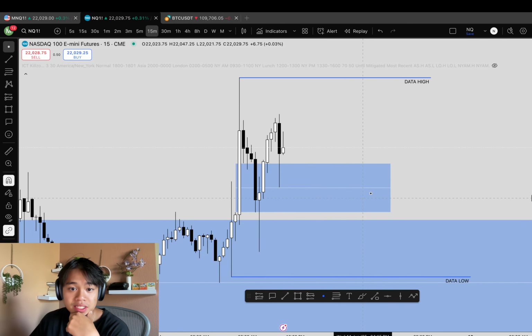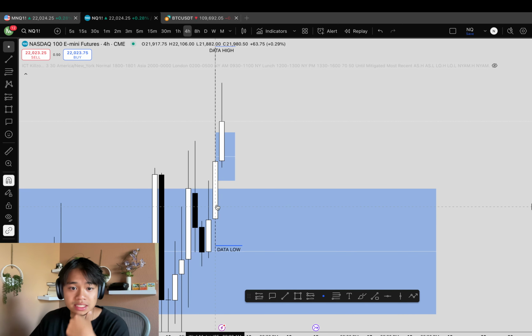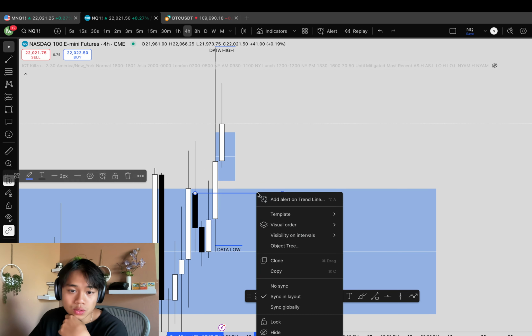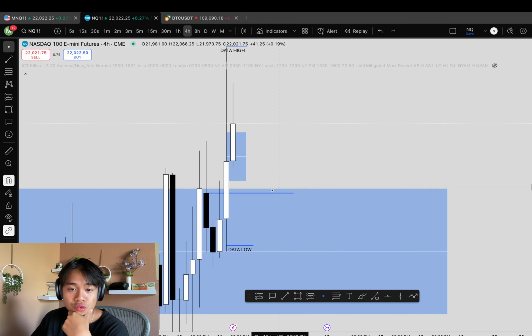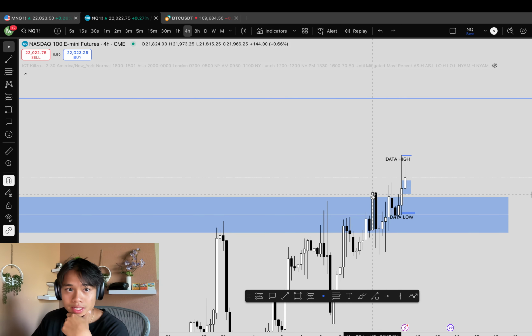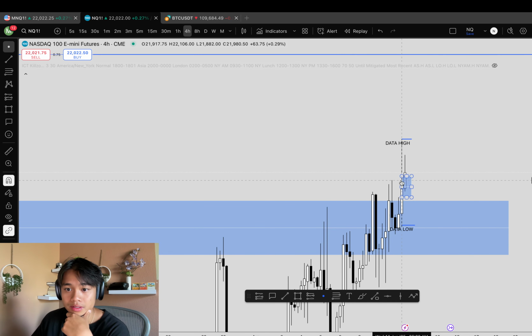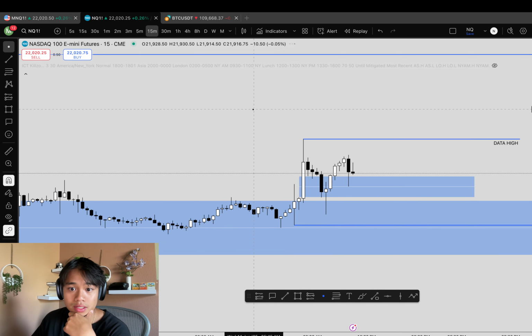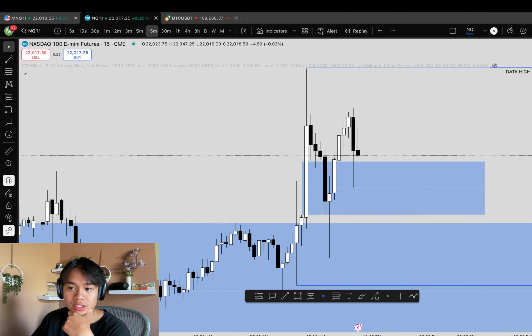So yeah, like I was saying, I was basing my entire bias off this 15-minute gap, and one thing that confirmed my bias even more is that during New York at 10 o'clock, we got this order block that formed here on the 4 hour. So that just told me that okay, we're probably going to go to all-time highs this month, or sometime in the next few weeks, and I should be bullish during this session just because of the 4 hour.